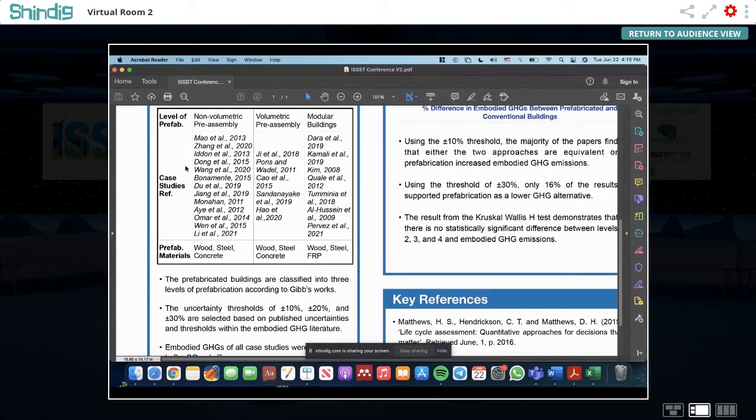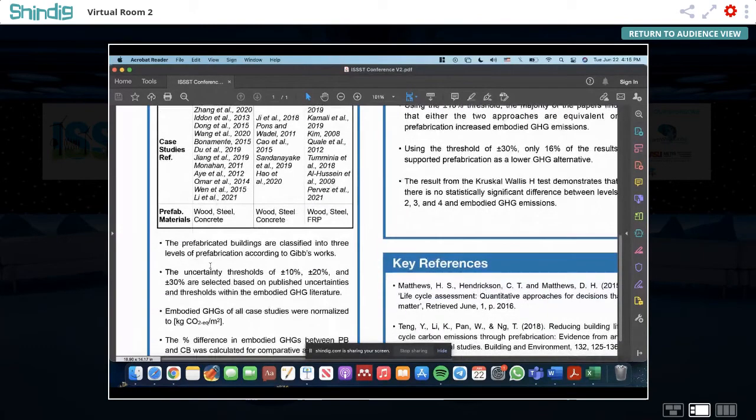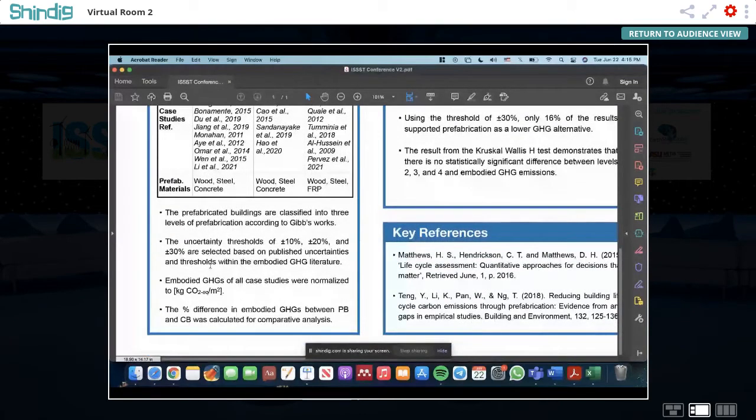And to address the uncertainty that I just explained, and which matters, we try to assess uncertainty through the use of significance heuristics, which is a kind of semi-quantitative method that deals with different uncertainty thresholds. So for instance, an uncertainty threshold of plus or minus 10% means that if the difference in life cycle impact of 2 options is less than the uncertainty threshold, these 2 options are quite the same. So you cannot say one option is superior to another.